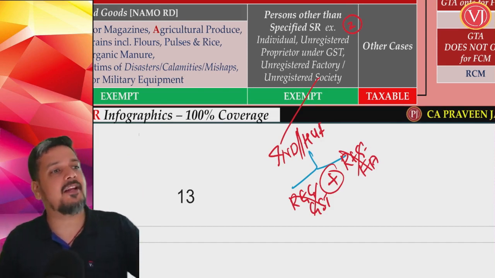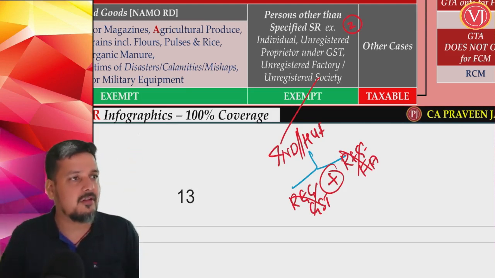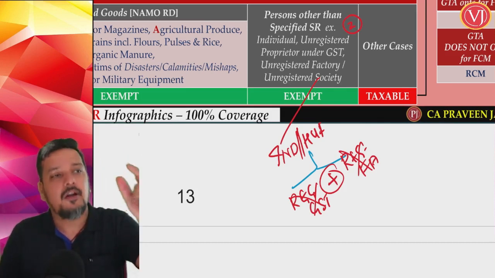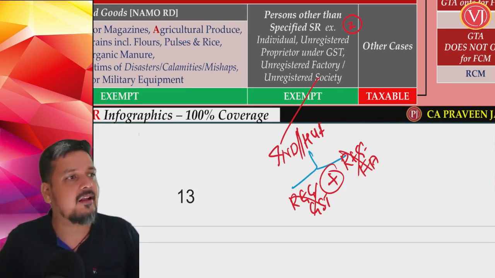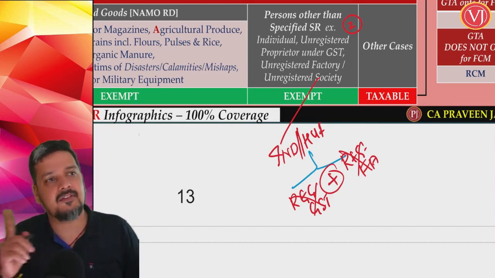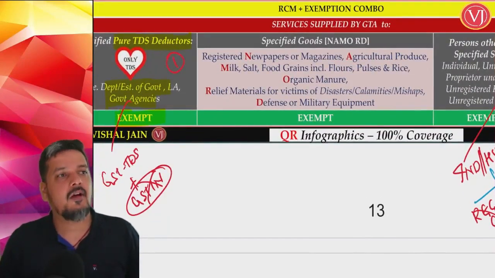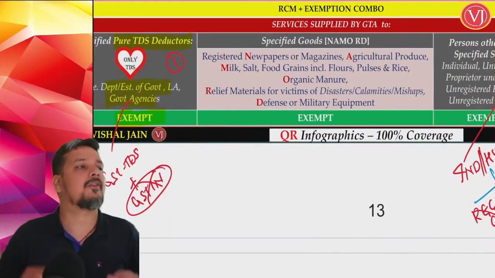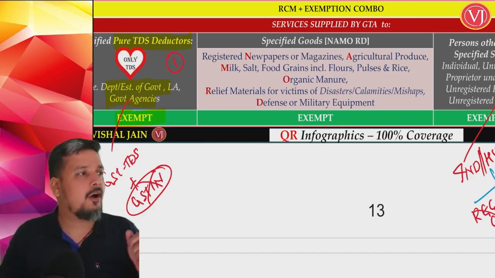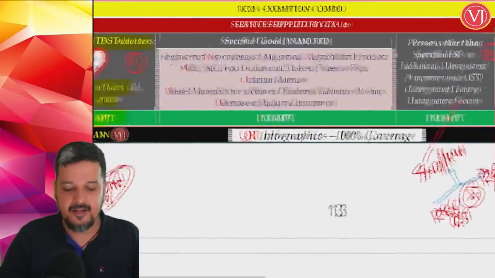Rather than telling that it should not be registered in GST, not registered under Factories Act, now connect all the dots. It should be an individual or HUF, not registered in GST, not registered under Factories Act, exempt. What if I'm talking about a person which is not covered by pure TDS deductor, not covered by individual HUF not registered in GST and Factories Act? For others,